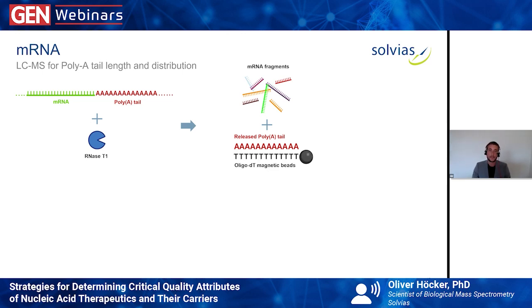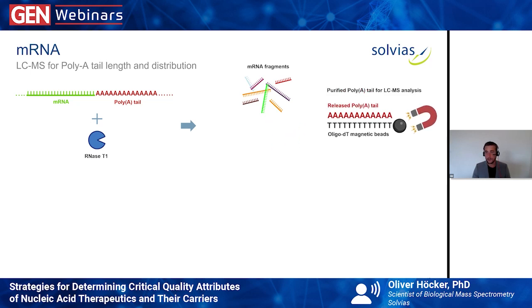Then to the mixture of our digested sample, we can add oligo-dT magnetic beads that are synthesized and contain a magnetic sphere where this oligo-dT is attached. And this hybridizes in solution so that we have a double strand, and with a magnet, we can take it out of the solution and have then a purified and concentrated poly-A tail, detach it from the magnet, and then inject it